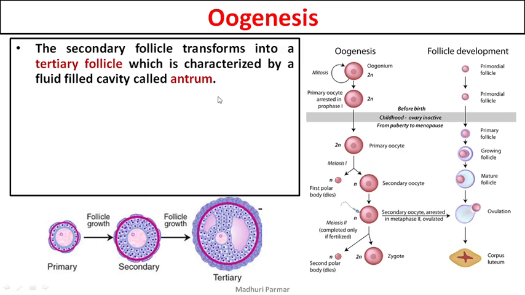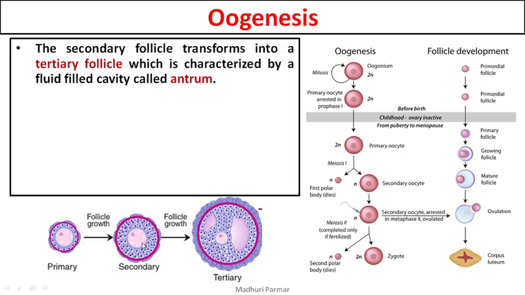अभी क्या होगा? The secondary follicle transforms into tertiary follicle. तो आप नीचे देखो डायग्राम में, ये secondary follicle है। secondary follicle जो है उसमें ये जो पिंक लाइन दिखाई है उसके अंदर के जो सेल्स है they are granulosa cells, और पिंक लाइन के बाहर वाले जो है they are thecal cells, ठीक है। और बीच में जो सबसे बड़ा सेल है that is your primary oocyte, ठीक है।